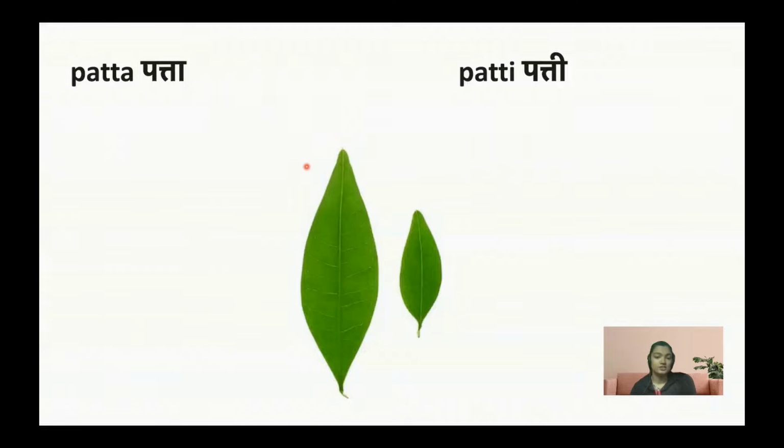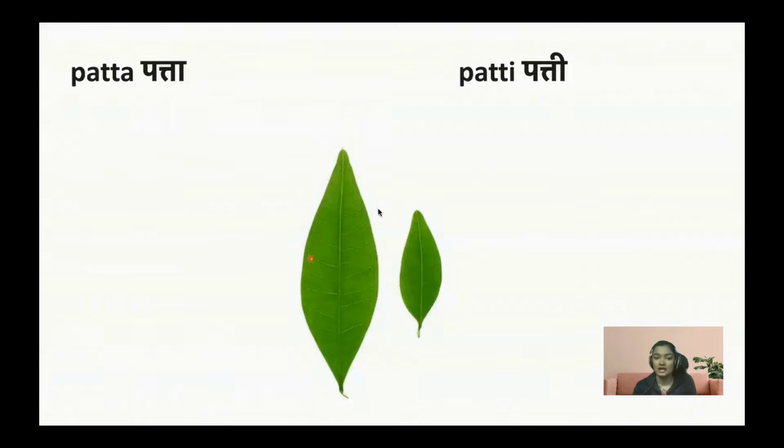What I mean by declension and conjugation is that whenever you structure any sentence, we always look for the right form of the words that are related to each other. Let's take an example. For instance, I want to say that it's a green leaf. Now I know that there are two words for leaf. If it's a big leaf, I'll say patta. If it's a small leaf, I'll say patti. But what's with this word green? The word in Hindi for green is hara or hari. It depends on the gender as well as the number of the noun, which form you're going to take with the word leaf.